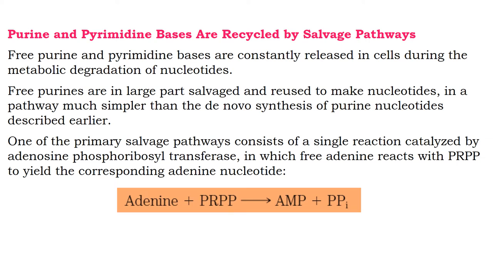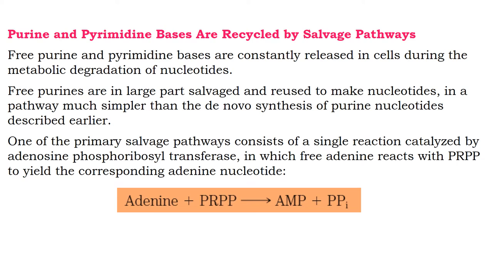The purine and pyrimidine bases are recycled by the salvage pathways. How are they recycled? The free purines and pyrimidine bases are constantly released into the cells during the metabolic degradation of nucleotides. So we know that from GMP we will get guanine, from AMP we will get inosine. These free purines are in large part salvaged. So there is a salvage pathway which uses the intermediates of the catabolism process. They are salvaged and reused to make nucleotides in a pathway which is simpler than the